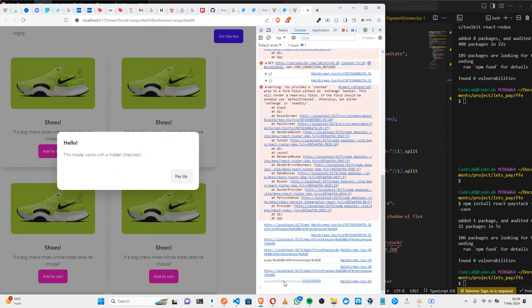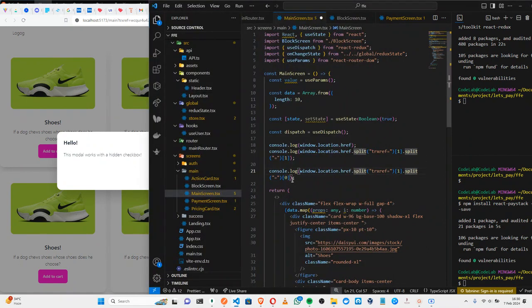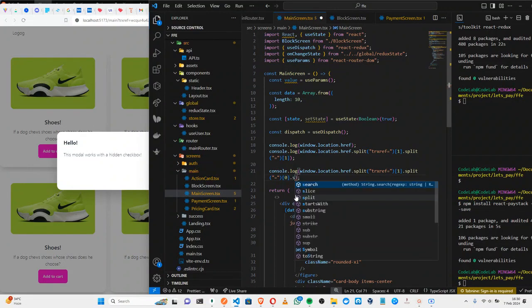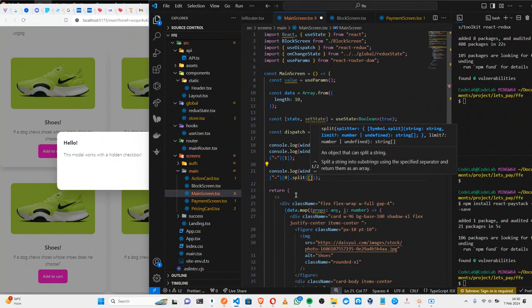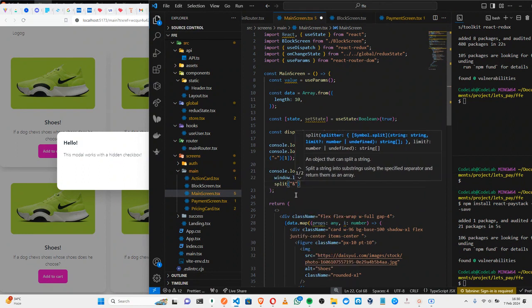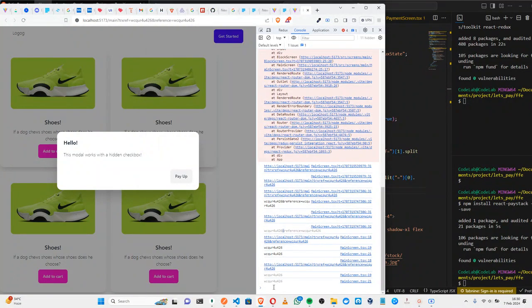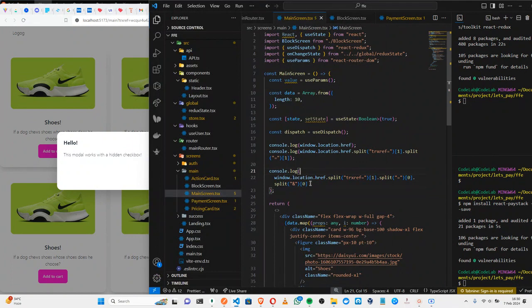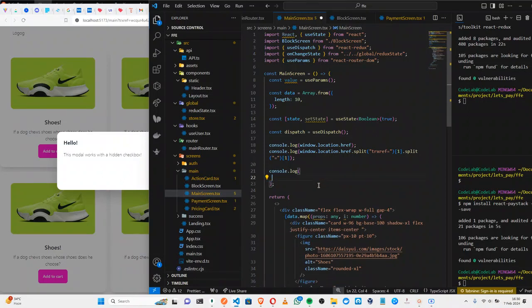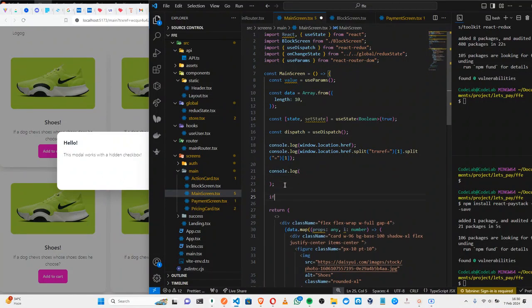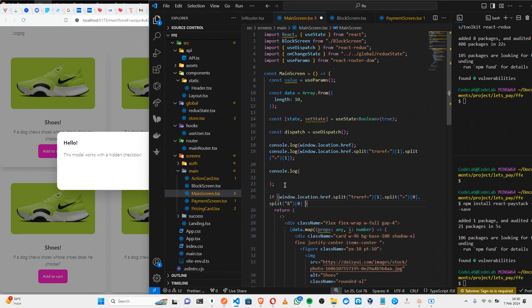If I pick zero, let me split by and, dot split by and, and pick zero. So if we save this, we get these two. So now we can say, let me quote this, if this equals this,